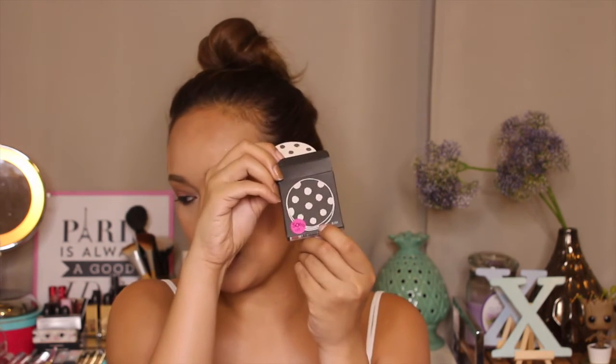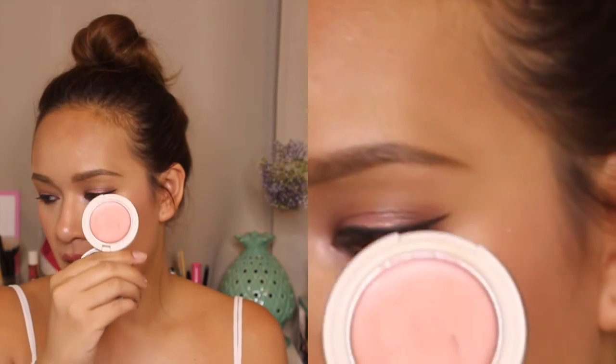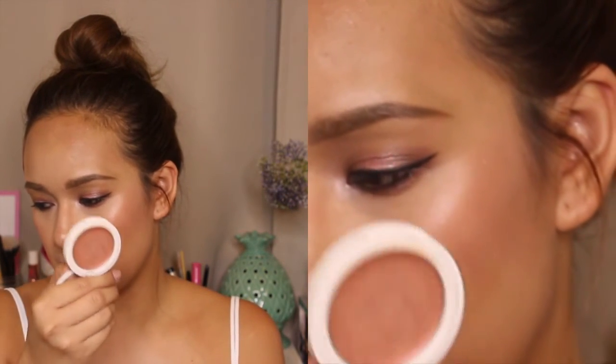I also saw this one in the sale section. This is a Topshop cream blush, but it was at 50% off, so I got it for about 44.5 Hong Kong dollars. And this is what it looks like inside. It's really cute. It kind of goes with the previous one, but this one is just a little cuter. You can't really see the color there, but it has a very light sheen and color,